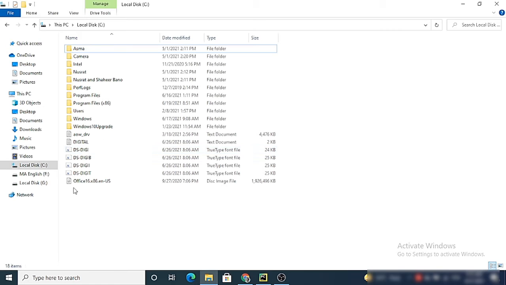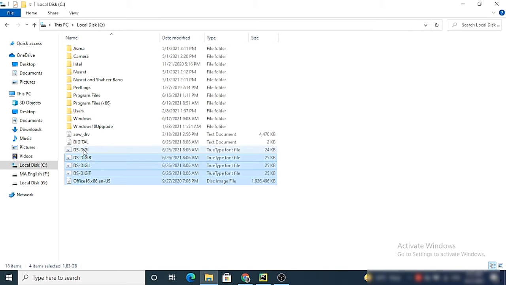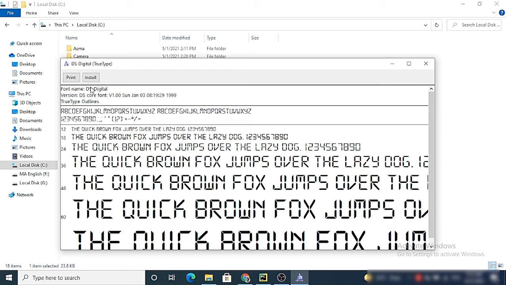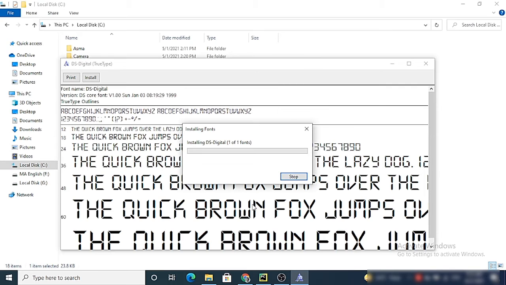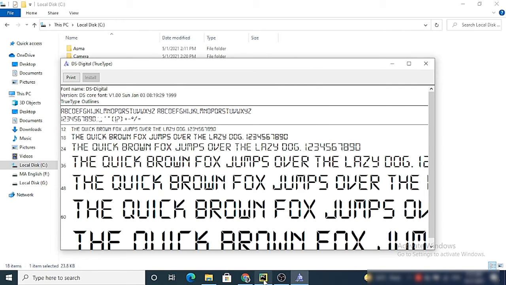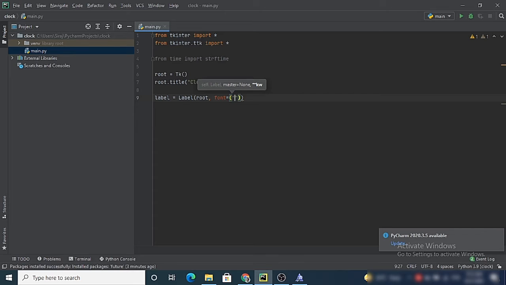I will give the download link of this font in the description. You have to download this font and just install it by clicking here. So for the font name I will write DS Digital, and for the font size I will take 80.